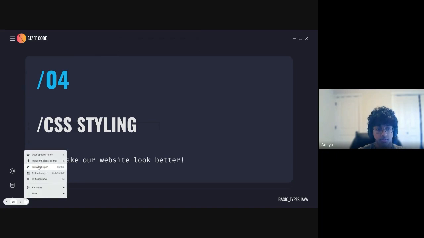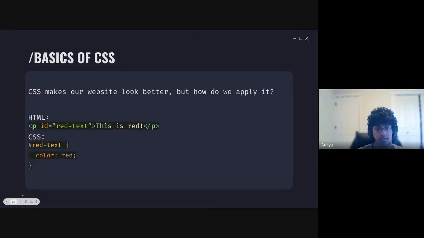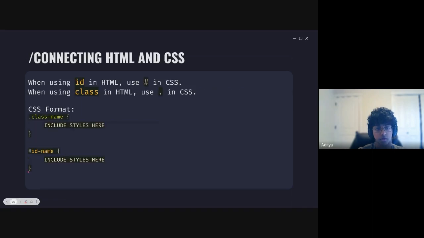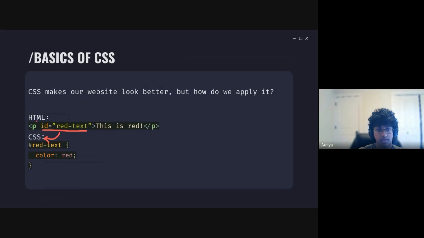We're going to get a little into our CSS styling. Basically, we can use CSS to make our websites look better, but Burkhan elaborated a little over it. How do we actually apply it? So Burkhan mentioned how you can use IDs to link into CSS, but we'll go a little more in depth. So when using IDs in HTML, like this over here,